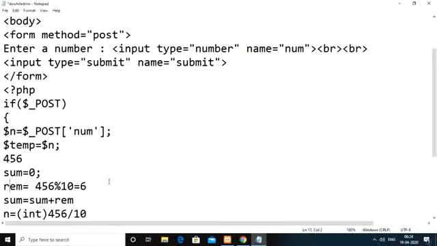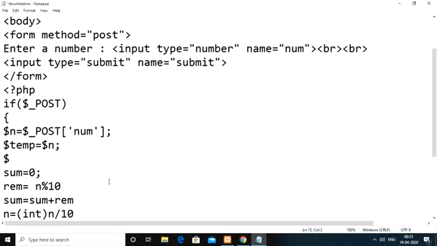So simply, the operations we need to perform here: remainder equal to n modulus 10. Okay, then followed by that, the sum value we initially have, we need to add the remainder to it, and whatever result we get, again we need to store in sum itself. The n value we need to update, n equal to n by 10. This operation we need to perform repeatedly as long as the n value we are getting is greater than 0.